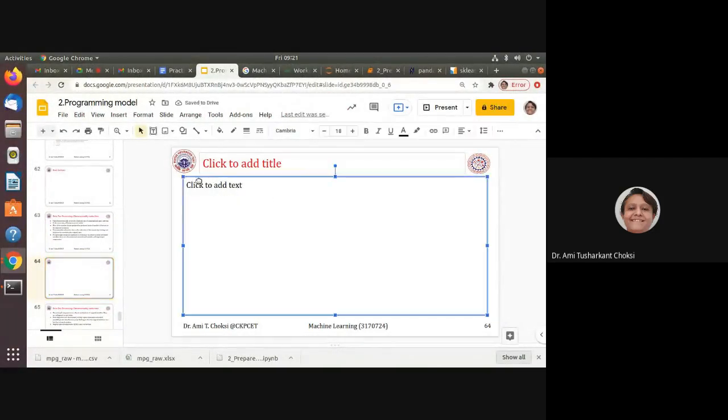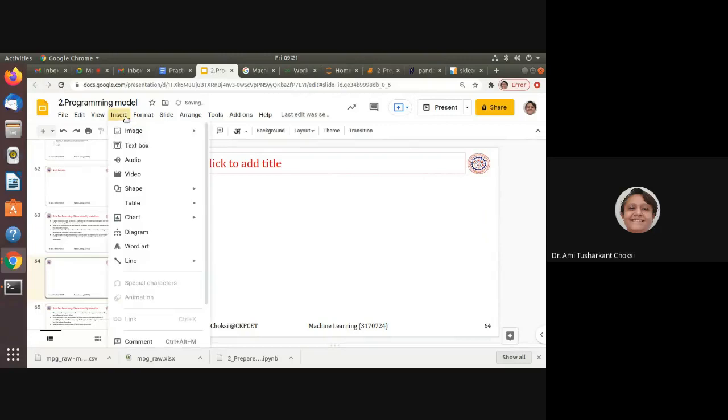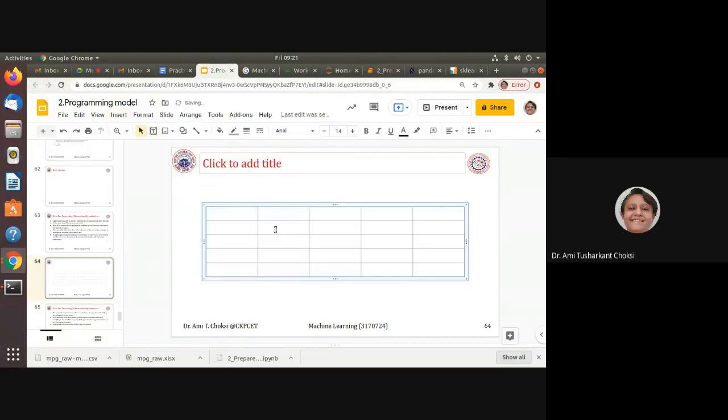If we have a table, let me draw the table here. This is column 1, column 2, column 3, column 4, column 5, right? This way it is there. And here we will have the rows. This will have the values for row 1.